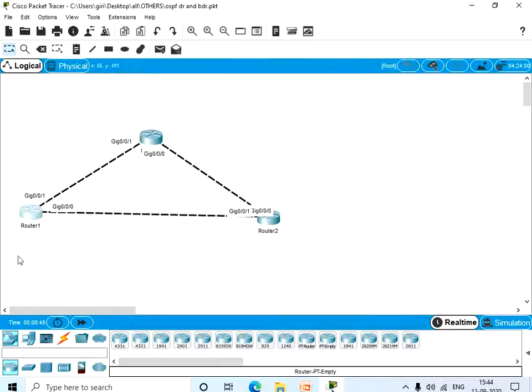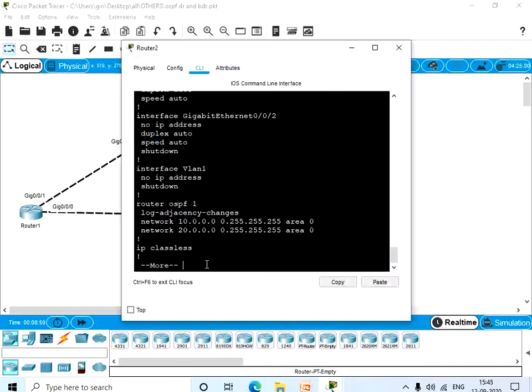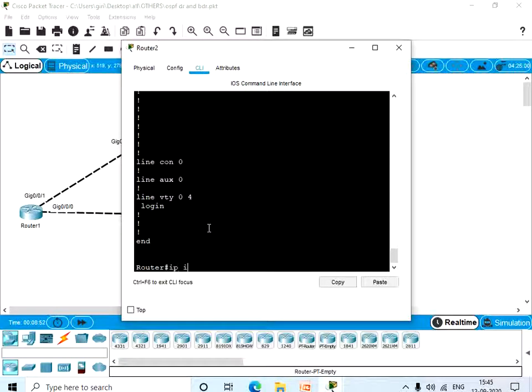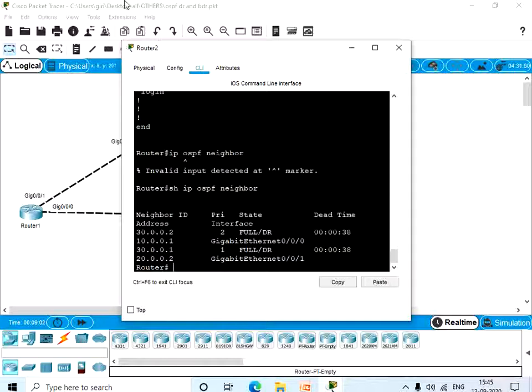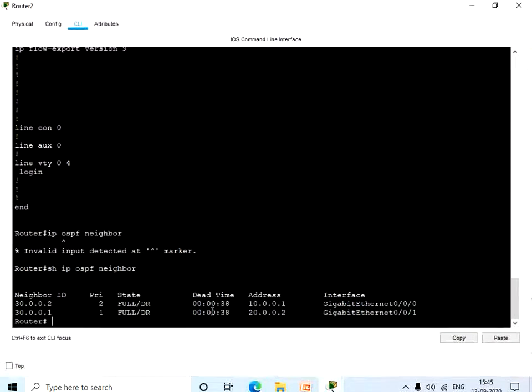To verify this, let's go to router 2 and give show ip ospf neighbor. So here you can see 10.0.0.1, which is the IP address of router 1, has a priority of 2.